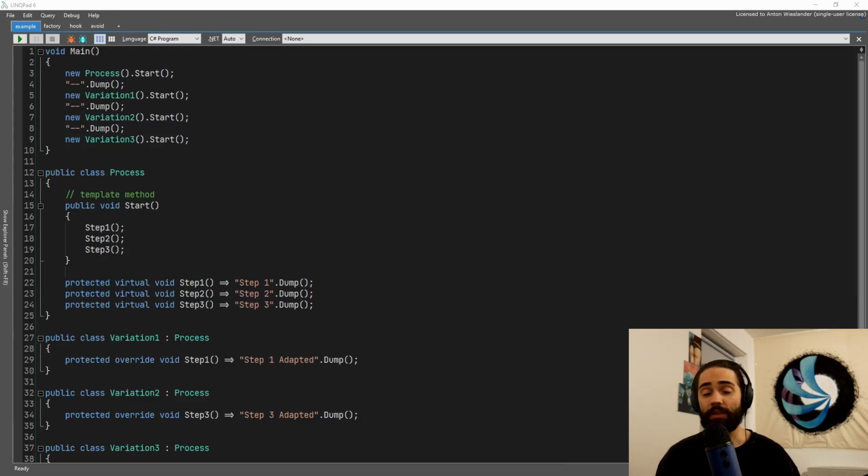The pattern itself aims to define an algorithm template, hence the template method, where the steps of the algorithm can be substituted by inheritance. The template method itself is a blueprint. The classes that inherit from the original class have the ability to substitute the steps in the blueprint, kind of